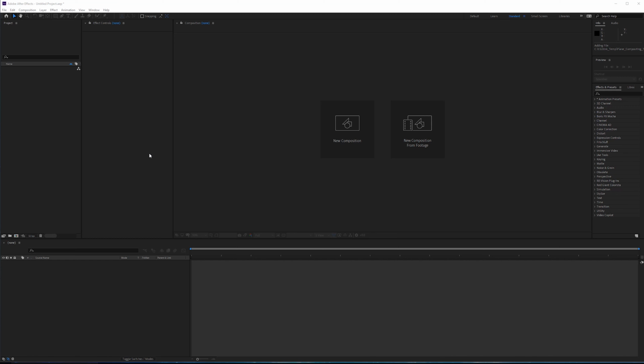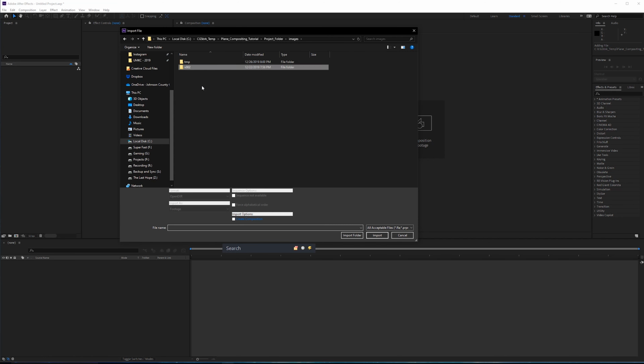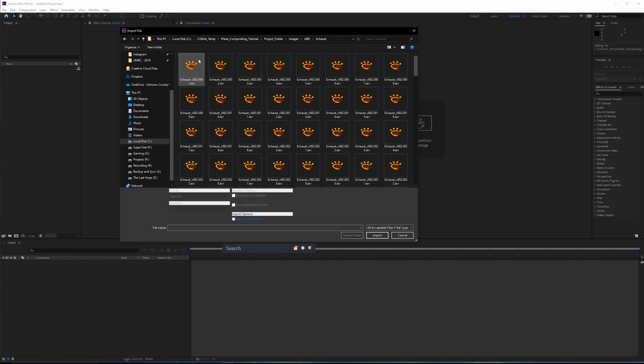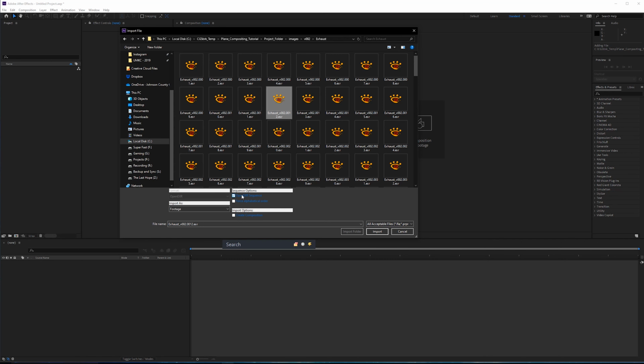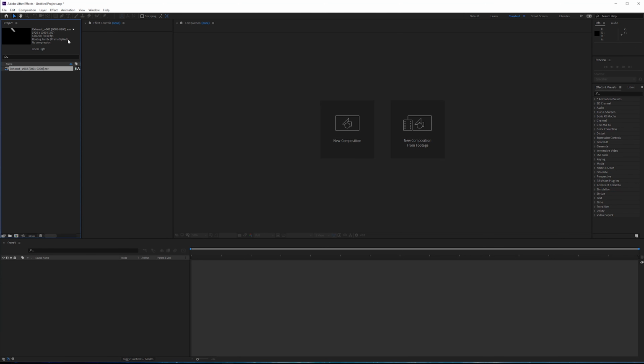Alright, so now that the rendering is done, it is time to start compositing. When you launch After Effects, the first thing to do is double click your project window and then go and select the sequences from your images folder. Double click the first folder up here, and then it doesn't really matter which file you select as long as OpenEXR sequence is checked. After Effects will figure out that this entire collection is part of a sequence, and then it will automatically import the entire sequence.